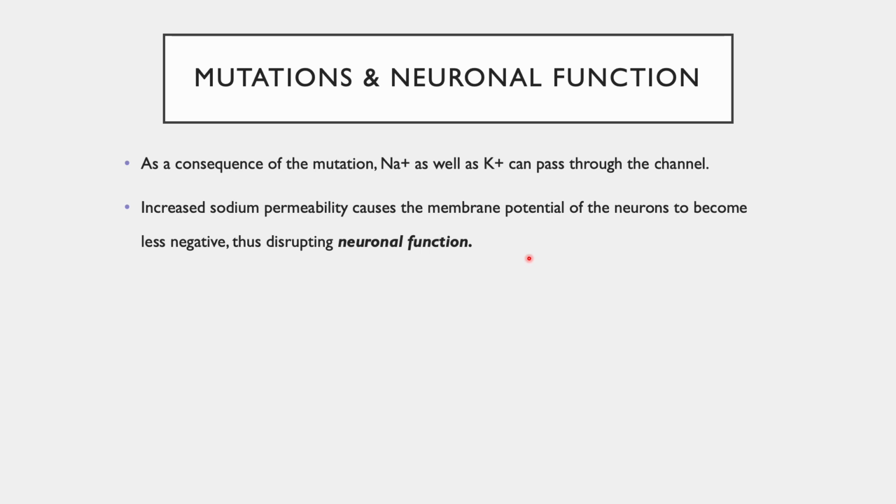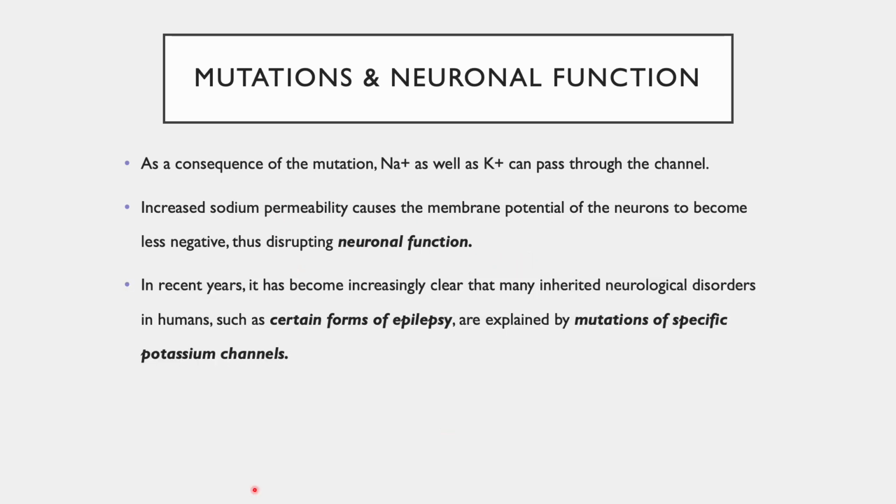However, this mutation disrupts neuronal function. The cell needs to rest in between these nerve impulses or action potentials. And in recent years, scientists have found that many neurological disorders, such as epilepsy, are explained by mutations of specific potassium channels. And this is because the cell requires this negative resting membrane potential in order to rest in between